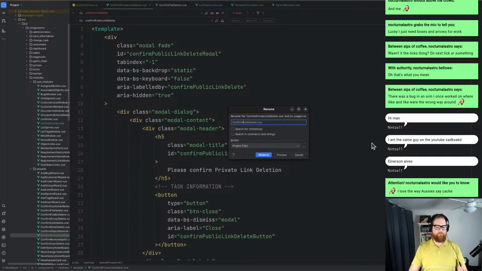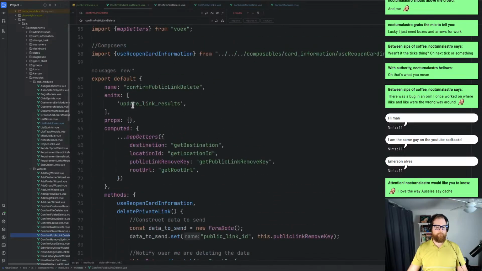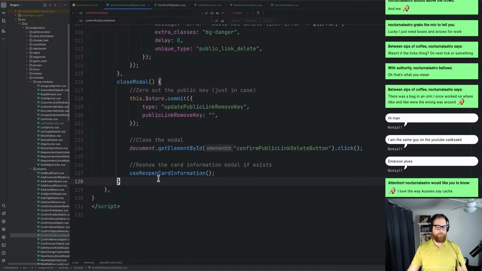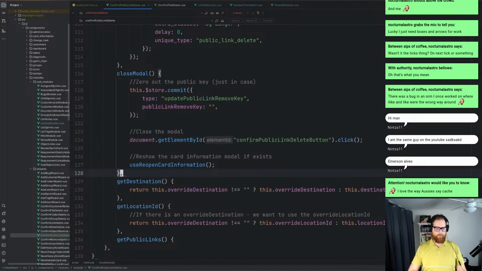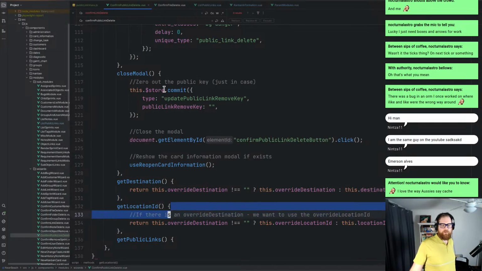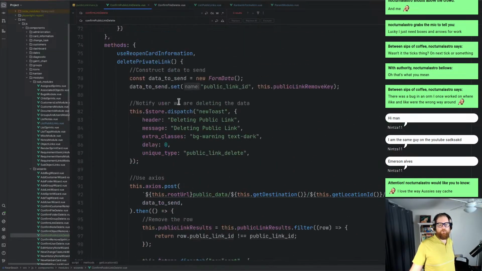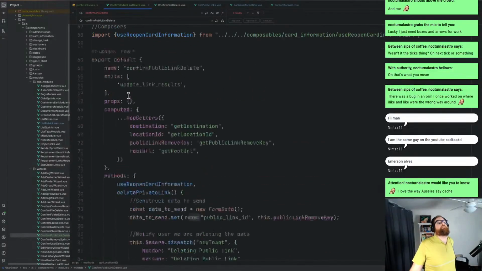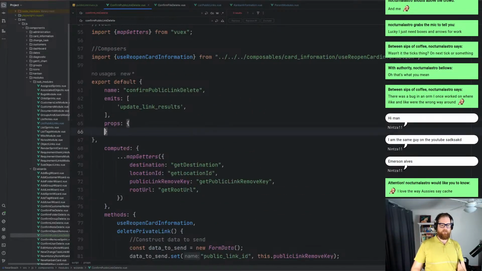I haven't renamed this. Refactor. Okay. So, we've got the destination. If the override destination, override location. All right, cool. So that should work for us. We now have to have a prop. So this will be